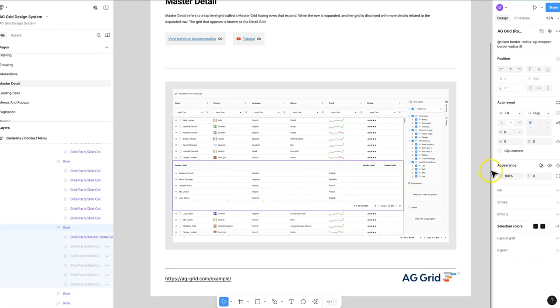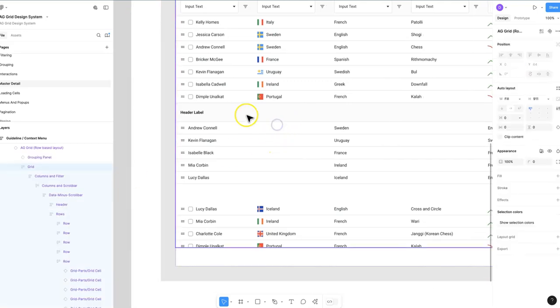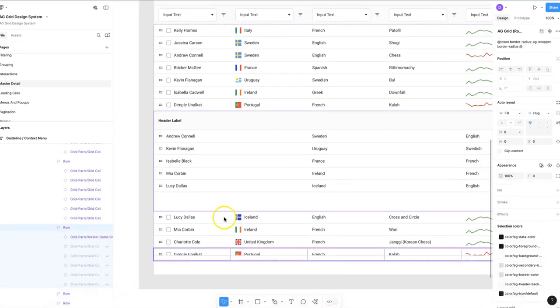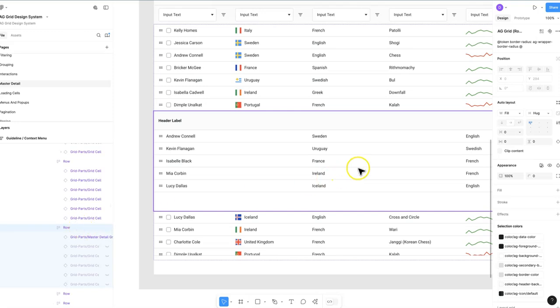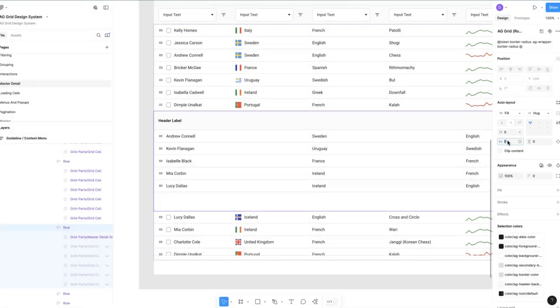And also we want to increase the padding around the cell. So if we zoom in here, we'll see that it's running right to the edges of the page here. We want to make it indented. I go ahead and I select the row inside the layers panel, and I want to influence its paddings, and I do that within the properties panel by adding, I'm going to add 30 pixels in this case to the left and right and to the top, and you will see immediately the change visually to the master detail within